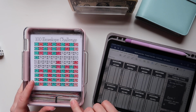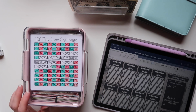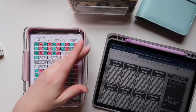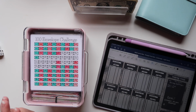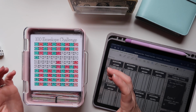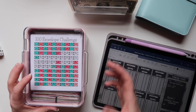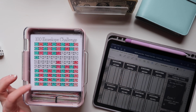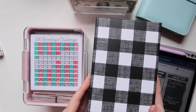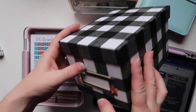This box itself, I want to say you can get 2 for $20 on Amazon. So I'm not using this box just because of the cost. But I do have listings for the plastic box. You can get the 3x5 or the 4x6. I recommend the 4x6 because once you start putting money in there, I don't think the 3x5 will actually hold it. And then I also have a listing that uses the little mini photo boxes from Hobby Lobby that look